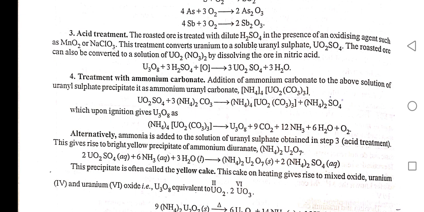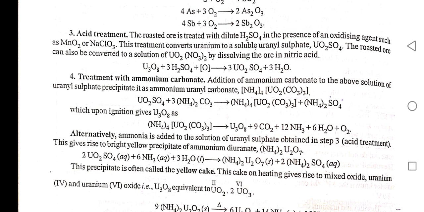Fourth, treatment with ammonium carbonate. Adding ammonium carbonate to the above solution of uranyl sulfate precipitates it as ammonium uranyl carbonate. Alternately,